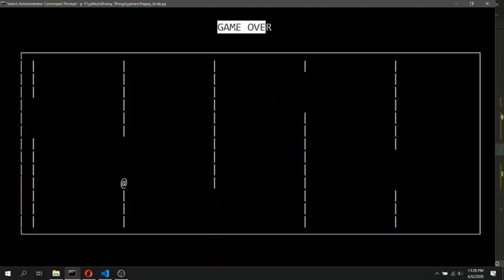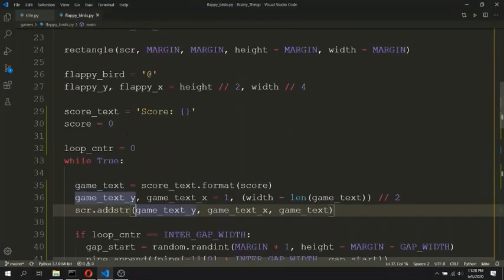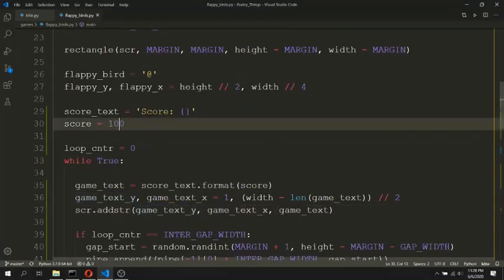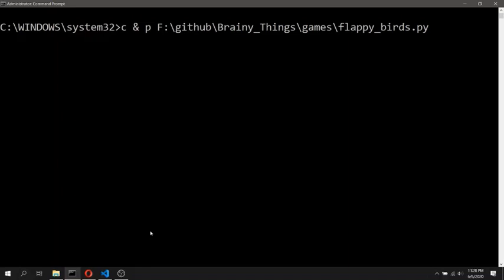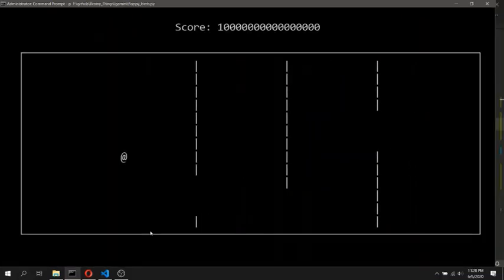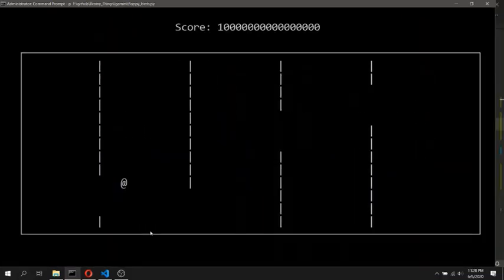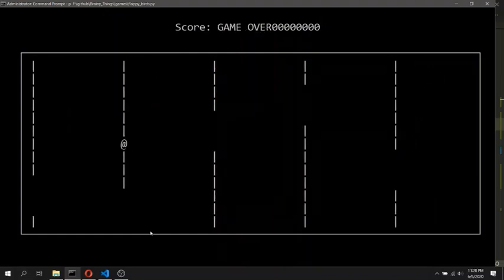But there is a problem with this overlaying. We will see it by initializing the score with a very big value. Let's run the program again. And if the game over condition occurs, this game over text will not properly overlay the previously displayed score on this line.